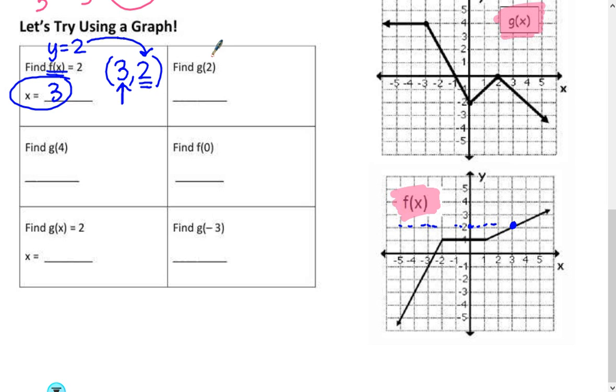Alright, on our next one, g of 2. That is giving me an x value. So I'm going to start like this. They gave me the x value of 2, so I'm going to go to my